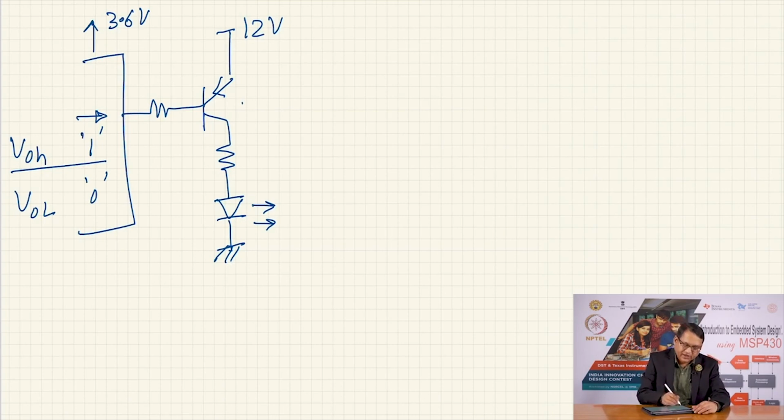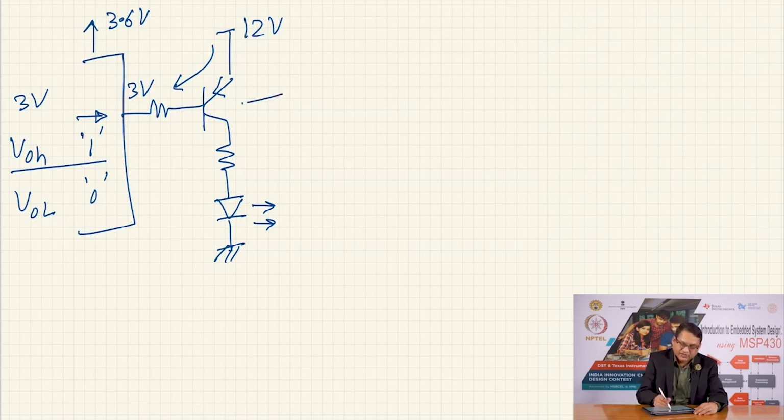Let us say it can be 3 volts. Even with 3 volts here, this transistor is always going to be forward biased, and so this switch will always be on, and therefore it is not possible to control this LED, that we cannot turn it off if the voltage is high. It will be turned on if the voltage is low, as we have seen, but outputting logic 1 on this pin will never turn this LED off,